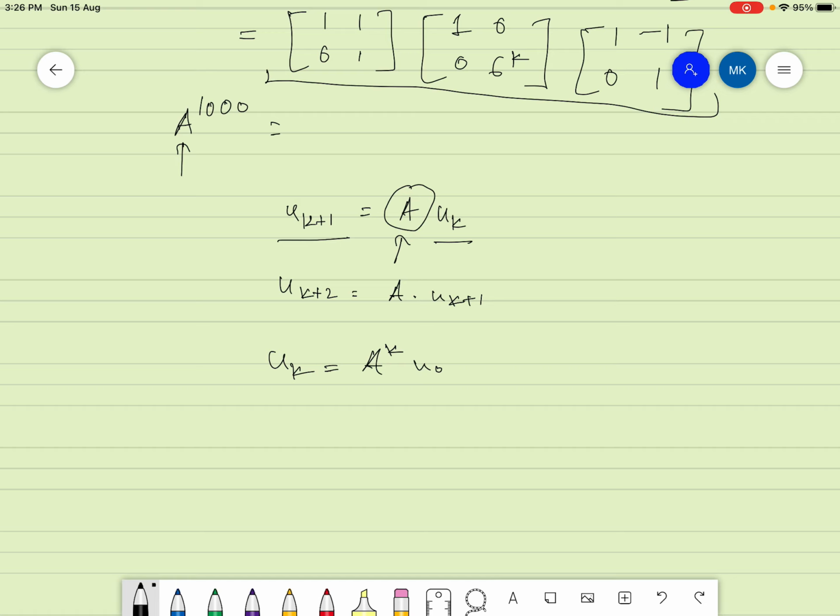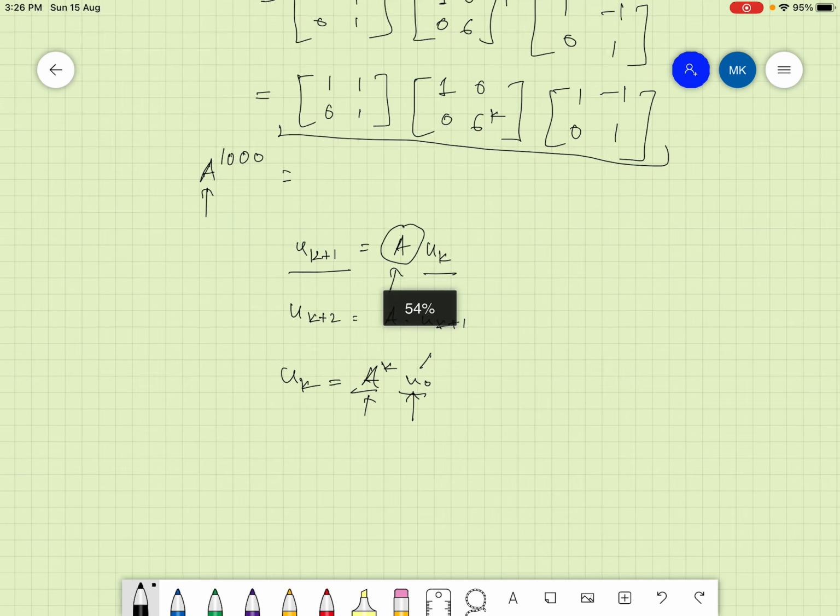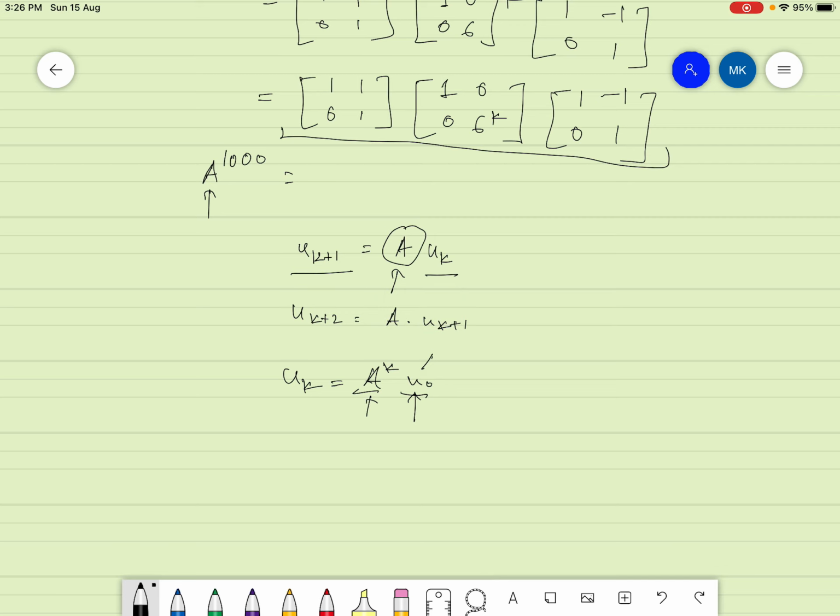So in real life problems, if you can formulate a vector like this, u naught, and if you try to find a relation between a matrix and your formed vector, then you can calculate, or you can find out, any term